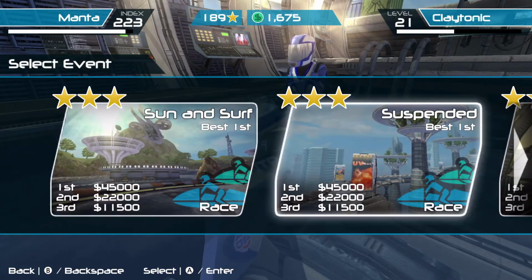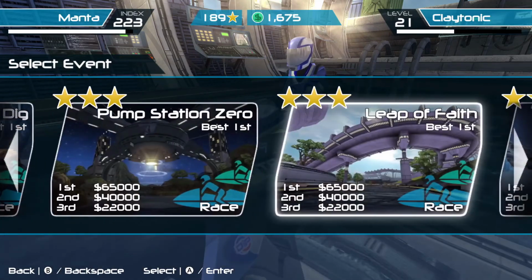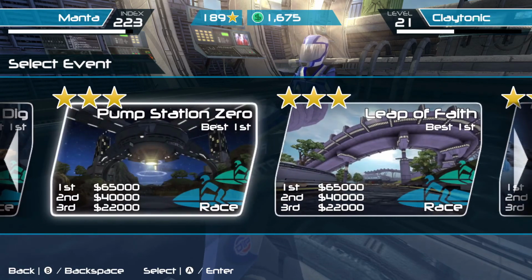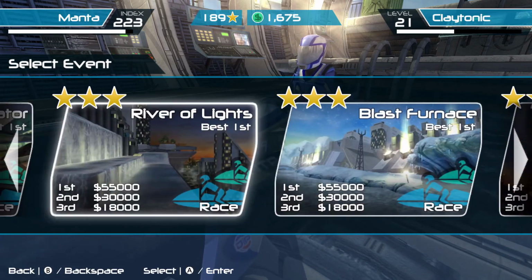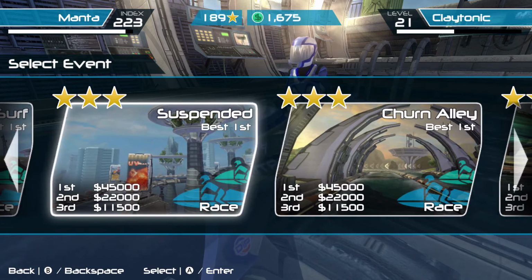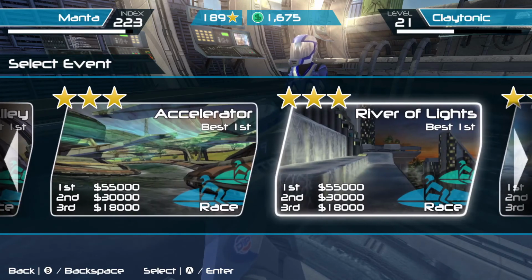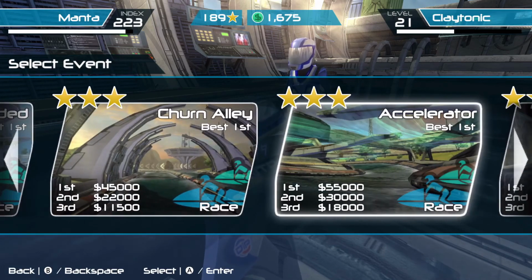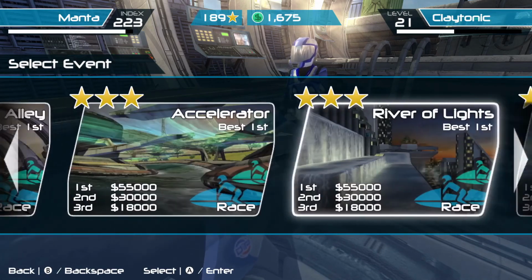Actually, I haven't counted these up. 2, 3, 4, 5, 6, 7, 8, 9, 10, 11, 12 tracks. So here's the thing. This game has 12 tracks. Renegade only has 9, but some of these tracks in GP2, I think, are just a regular track backwards. River of Lights, I think, is Suspended backwards and at night. Or it's mirrored, something like that. And maybe Sun and Surf, no, it's not quite Churn Alley. Anyway,